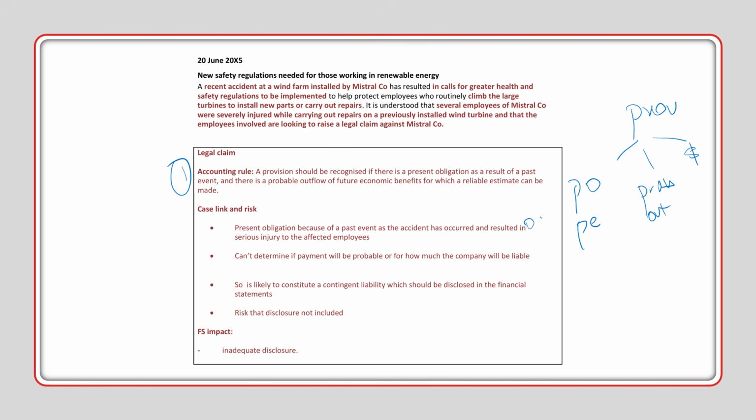Yes, there is a present obligation because of a past event, because an accident has already happened and employees have been injured. However, I cannot determine if the payment is probable. So it is likely that instead of a double entry, you would need a contingent liability disclosure. The risk is that the disclosure has not been included, and because of that, there could be inadequate disclosures in